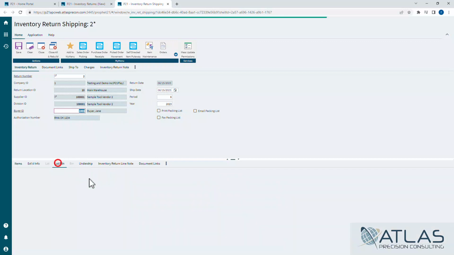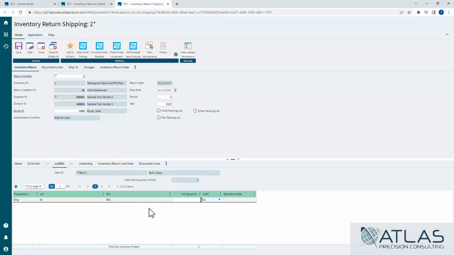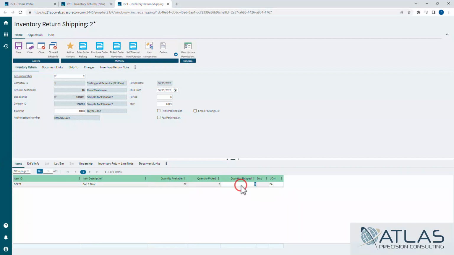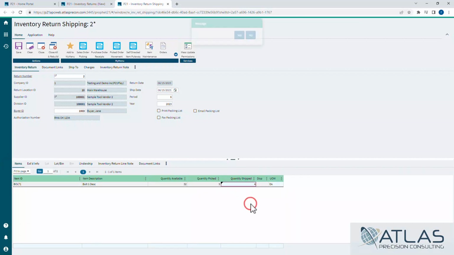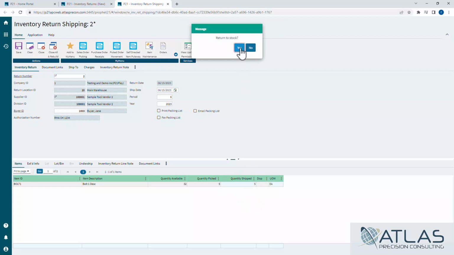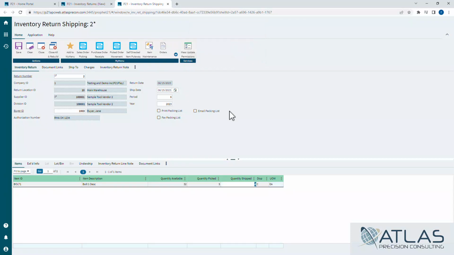And you can come down here and look at the lot bin tab. It should match what is on our pick ticket. If it doesn't, you can make those adjustments if you need to. You can obviously change the quantities. If you decided you only wanted to ship a different amount, you could change that quantity, and it's asking you if you want to return that extra one back into inventory. If you said no, it would actually not return it to inventory, and we would be in a bad spot. You'd be missing inventory. So I'm changing that back to 5,